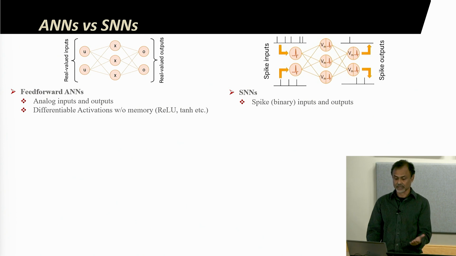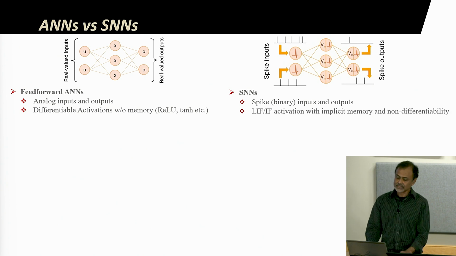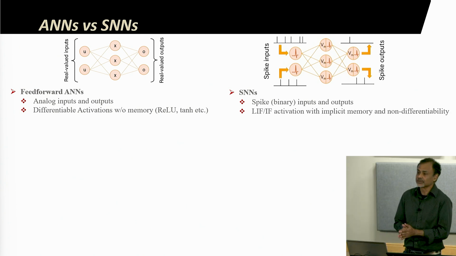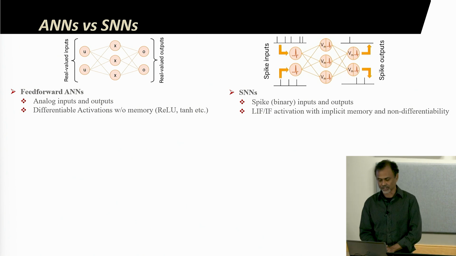Good thing about the neuronal activation in the case of an ANN, which is ReLU activation, as we said, or could be, for example, tan hyperbolic or sigmoid function, they're differentiable. Now, the differentiability is going to be quite important when it comes to training these neural networks, as we'll see later on. On the other side of it, if you look at the activation function of a spiking neural network,